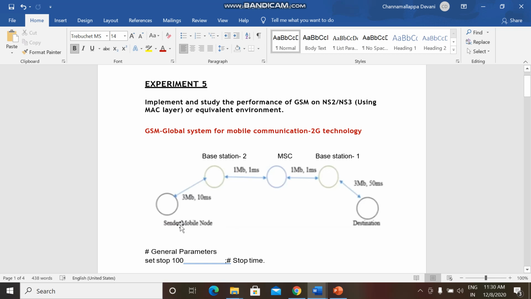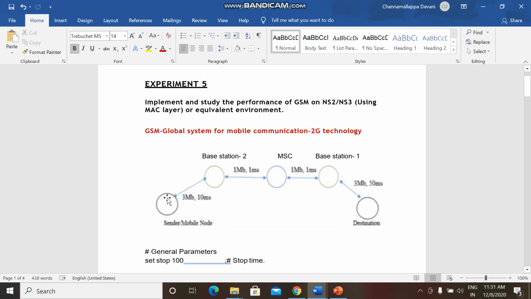There will be a range within which there could be various mobile nodes. But if any mobile node wants to communicate with another mobile node which is in the range of some other base station, this mobile node has to first send a request to its nearest base station.